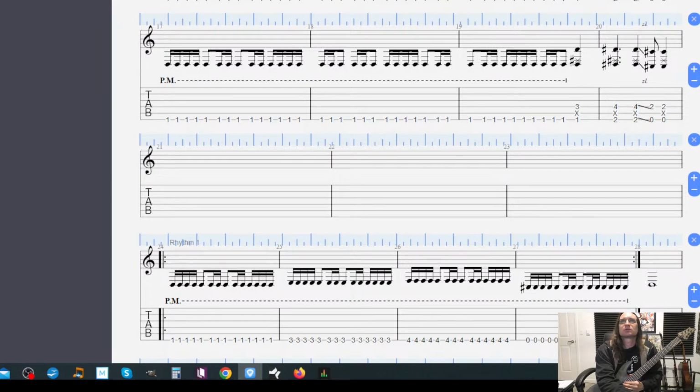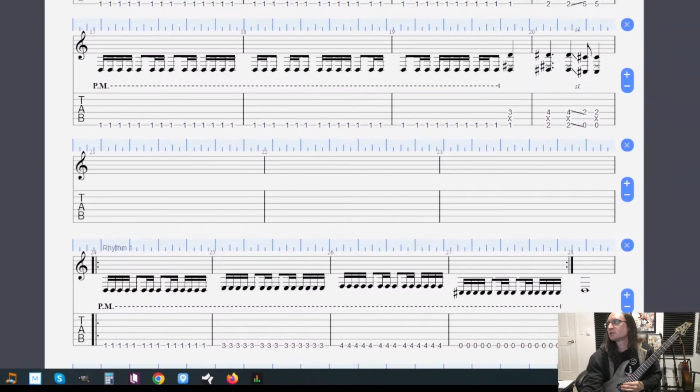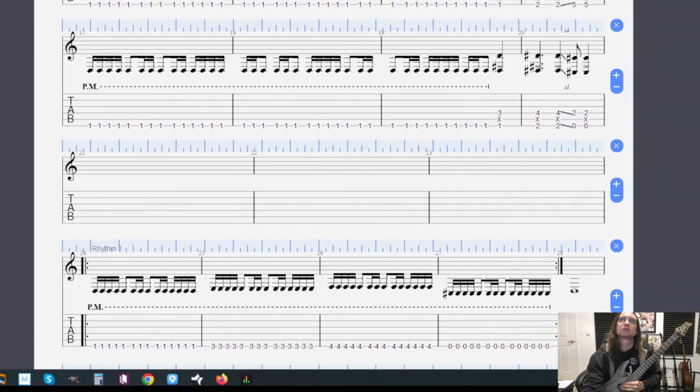There's so much good stuff there. Lots of mixing of gallop, reverse gallop, and 16th notes. And that's such a big part of intricate, extreme metal rhythms, I feel. So I thought, let's actually take some of their stuff and make an actual little lesson out of it all. And that's what we're doing here.